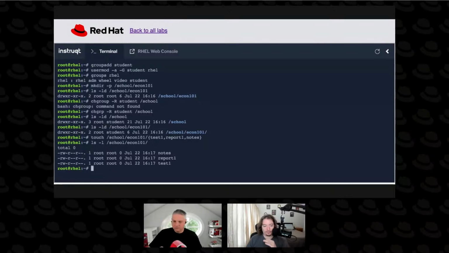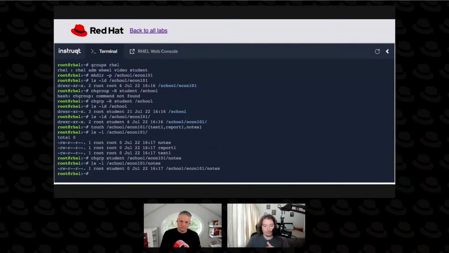But we don't want root to own these files. We want to be able to share these files with the teacher, with other students. So we want these files to be owned by the student group. So we could go in there, and every time we create a file, we could do a chgrp and change the permissions. But we're talented systems administrators, so we don't want to have to do that every single time we create a file. So instead, we can actually set that on the directory, and that's where that setgid command comes in. So if we do a chmod g+s on the econ 101 directory,